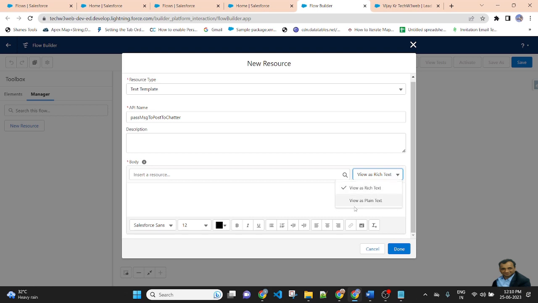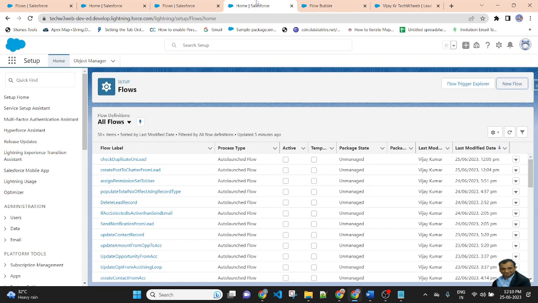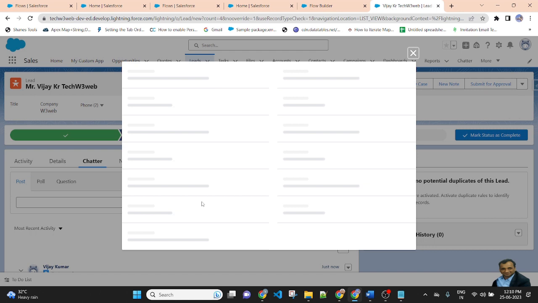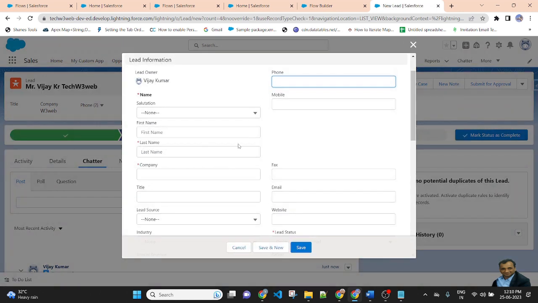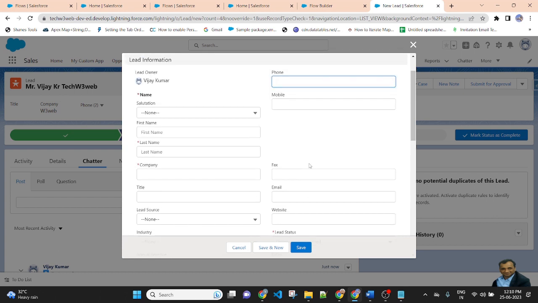Here I am selecting View as plain text. If you're creating a lead, some fields are mandatory: the last name, company name, and lead status. These fields are mandatory if you're creating a lead. So I will be passing the message in the Chatter post.